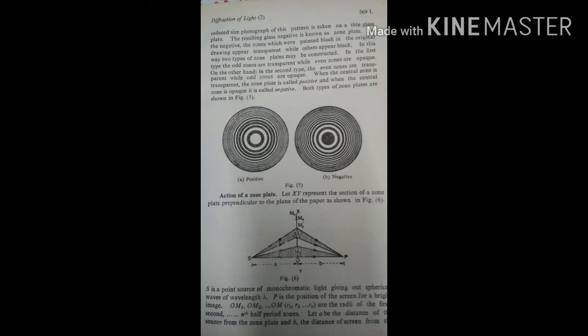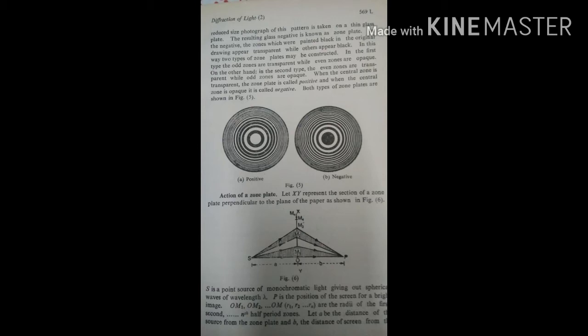S is a point source of monochromatic light giving out spherical waves of wavelength lambda. P is the position of the screen for a bright image. OM1, OM2, and so on up to OMn are the radii R1, R2, R3, and so on up to Rn of the first, second, and so on up to nth half-period zones. Let a be the distance of the source from the zone plate and b the distance of the screen from